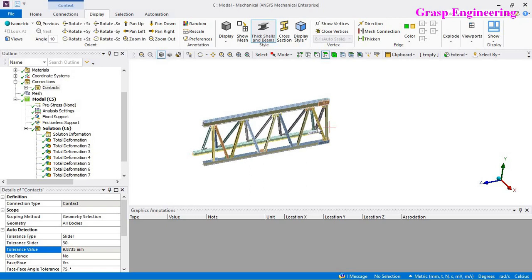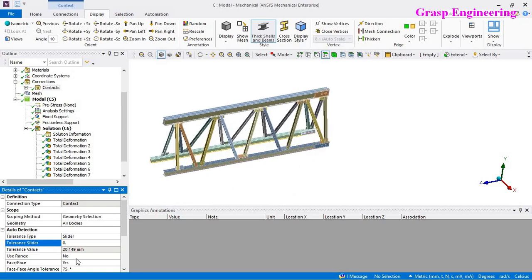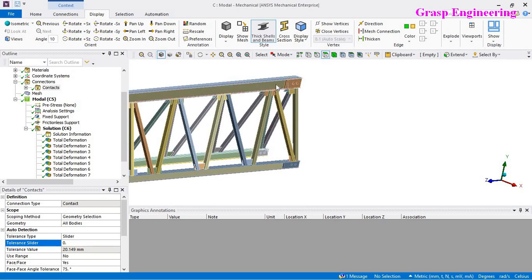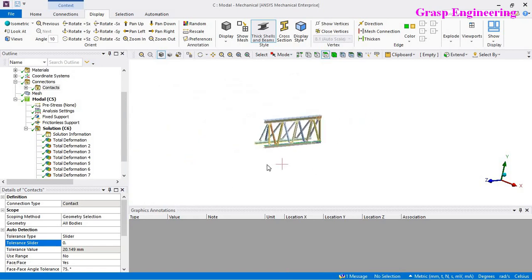For a smaller assembly it is okay, because sometimes if you increase this tolerance value, say from 0 to 20, it will create over constraints. Over constraints means, suppose you have the topmost body and bottommost body with a gap of 20 mm. In that case it will create contact between these bodies, as well as between this and this body. So likewise there will be the problem of auto contact. That's why I simulated this, though I know the things.